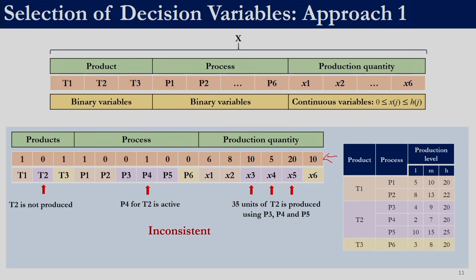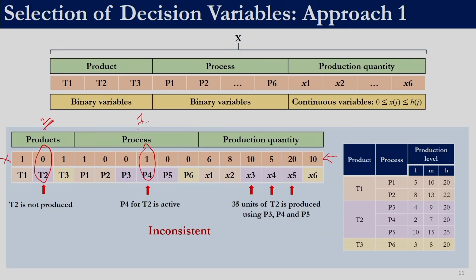Again, this is a solution that we can get from a meta-heuristic technique. Let us say this is the solution we get, and the first 9 values were not binary, so we rounded them off to get binary. Over here, this part says that T2 is not produced, whereas P4 is 1. The algorithm does not know that we are solving a production planning problem, and that if T2 is 0, then P4 has to be 0. For the algorithm, these are decision variables.